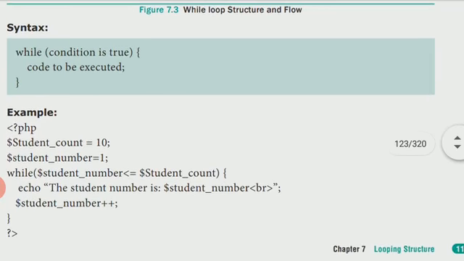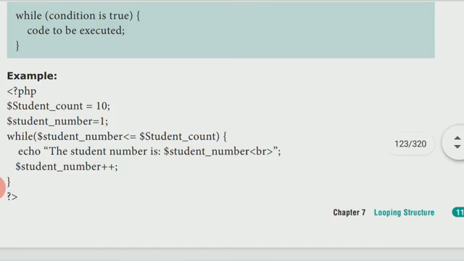See the example they gave. Student count equal to 10, student number equal to 1, while student number is less than or equal to student count, echo the student number, student number plus plus. Here, first the student number is 1, that is the initial value.